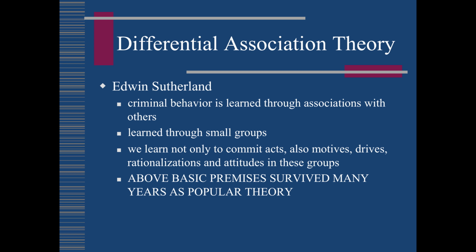Sutherland also proposed that culture conflict developed when the youth developed relationships with other delinquents. Differential associations also vary in frequency, duration, priority, and intensity. And the final principle was that the motives of delinquent youth are different than those for conventional behaviors. Sutherland's theory of differential association has been very popular, and he is one of the most cited theorists during the past 40 years. His theory has been particularly relevant to public policy development in the areas of crime and delinquency.